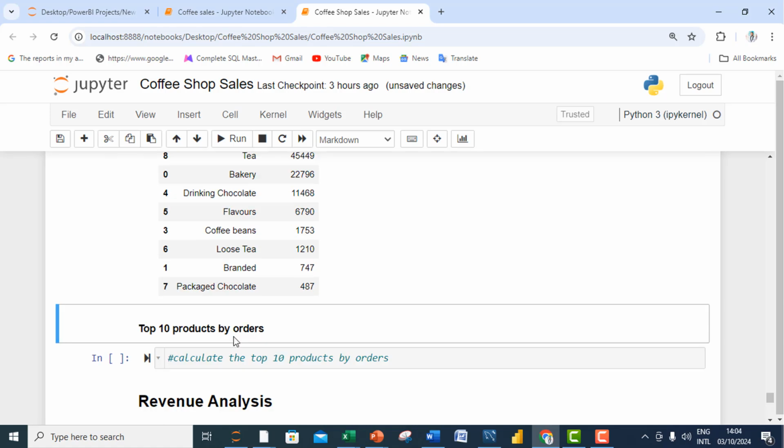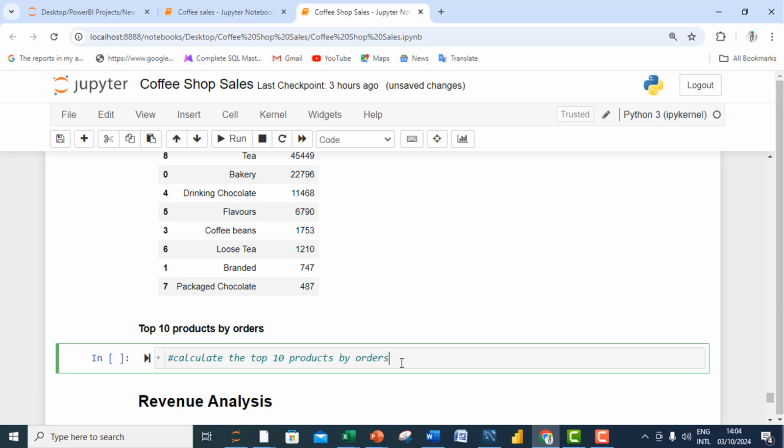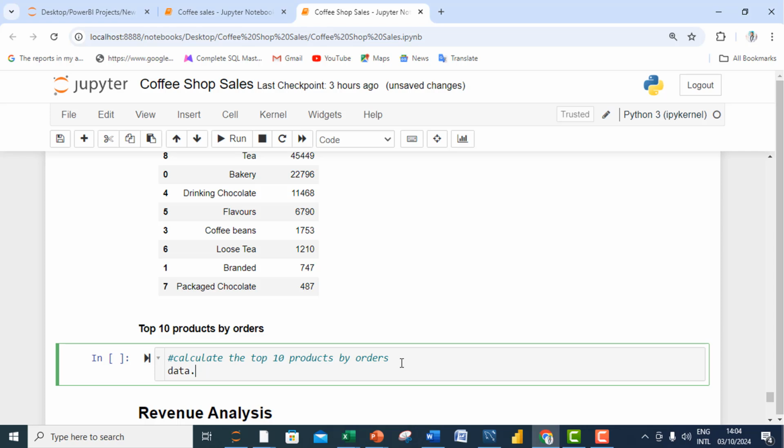So the final analysis in this order will be to find the top 10 products by order. So in this analysis, we are going to group our results by the product type and count the transaction ID to be our total order. So our data.groupby, we are grouping by the product type, and we don't want this to be our index. So as_index equal to False, then we are aggregating,